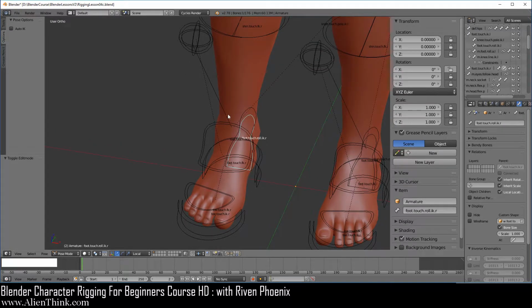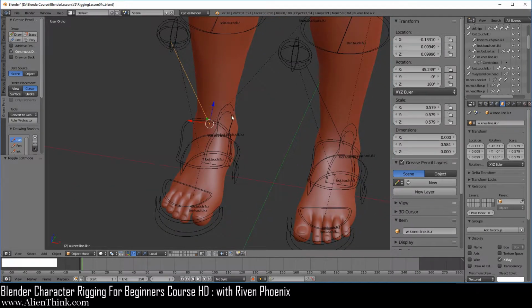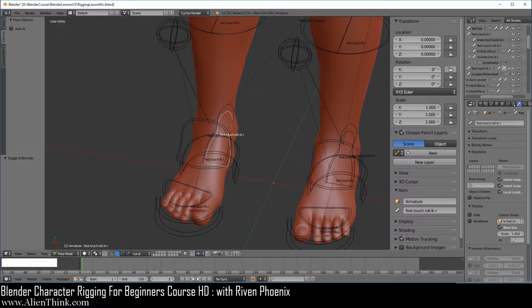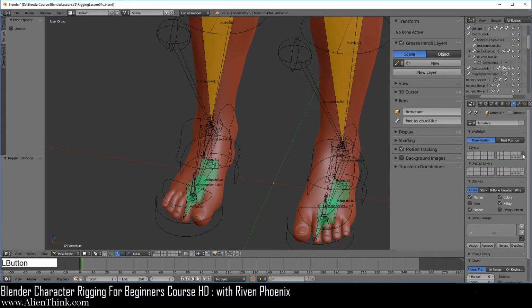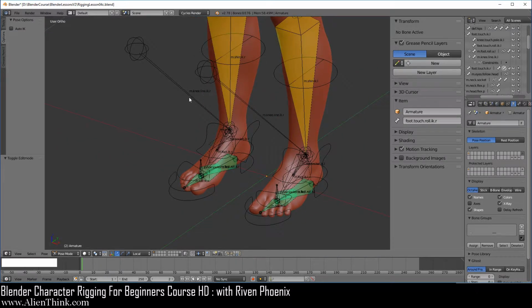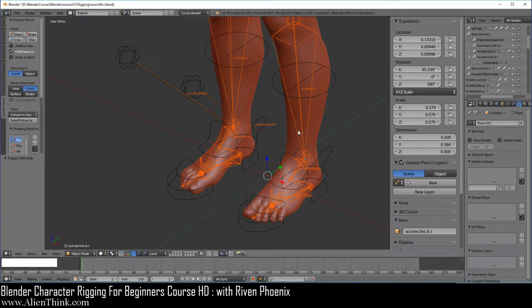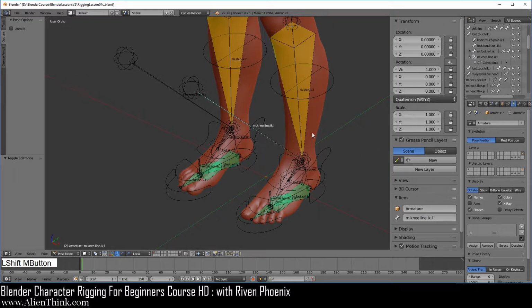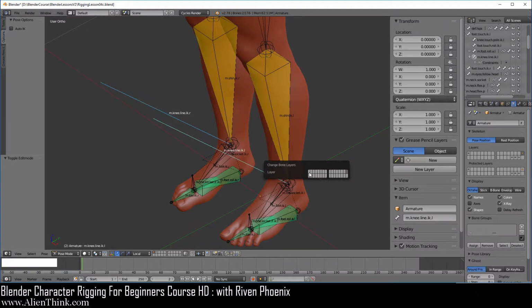Okay, now on this one over here, we're going to do Control-C. Now here we actually don't have the empty, because they're actually still sitting on the other IK layer. So go ahead and just select any bone, go to here, and let's actually click over here. And what we want to do is actually click on this bone, press the shift key down. Actually, what I'm going to do is make this a little easier. We're going to turn this off because it's getting in our way. Go ahead and click these, press the M key, go ahead and throw them on this layer.